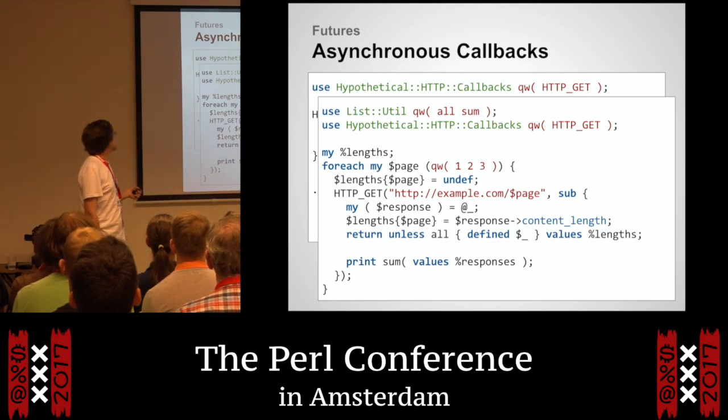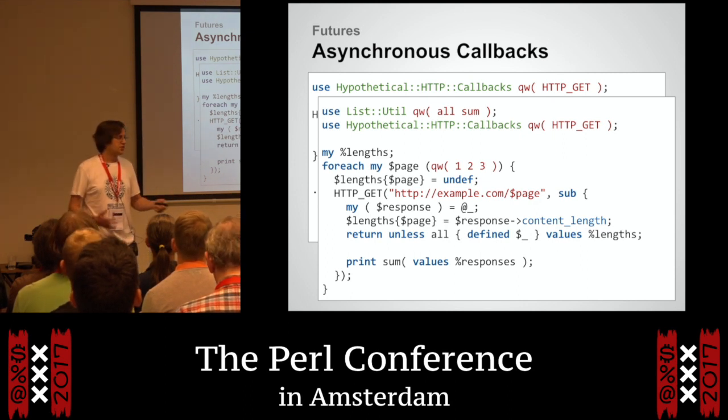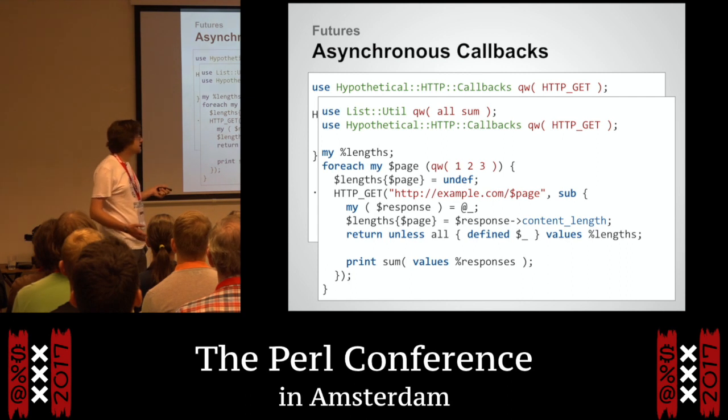I won't go into long detail now, but it's a bit messy. You remember when you've got the results, and then every time you get another result, you check, have you got all of them? And if so, then you can do the end. It's very messy because a lot of this is the low-level machinery of how do we wait for all 3 answers. It's not really related to the problem. There's a lot of noise in here.